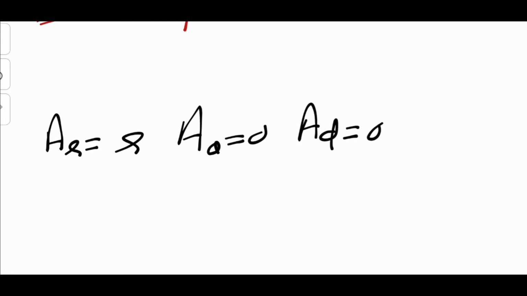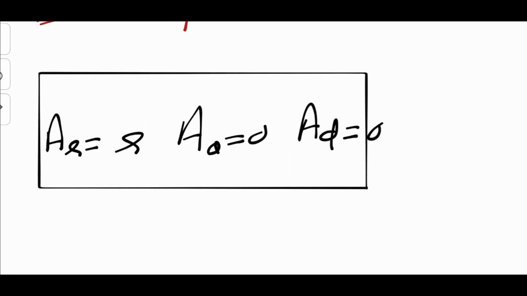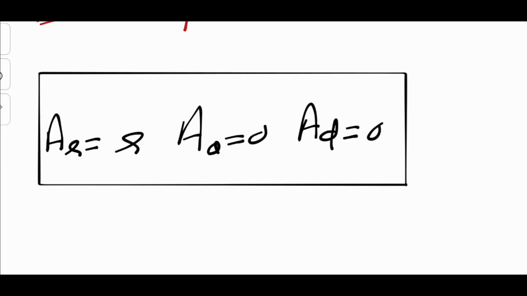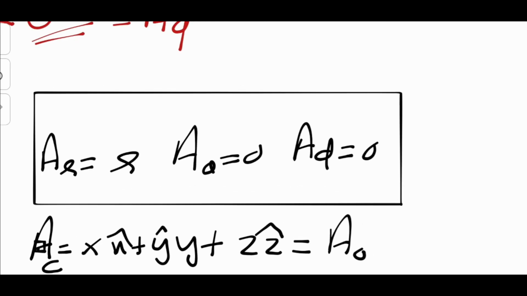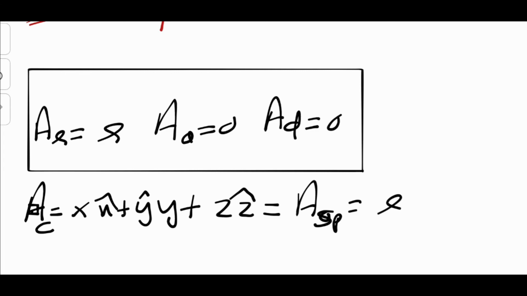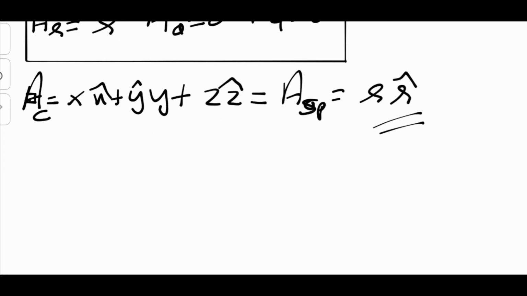So that's the value. So our vector a r, which is equal to r, and a theta is equal to 0 and a phi is equal to 0. So this is our transformation vector. So the vector in the Cartesian coordinate system, A equals x cap plus y cap plus z cap, has become, in the spherical coordinate system, r cap. So that's the transformation that has happened to this vector.